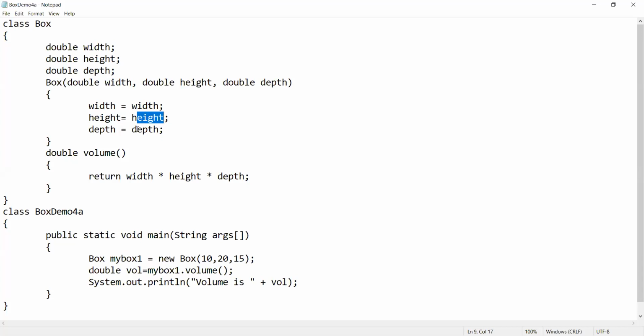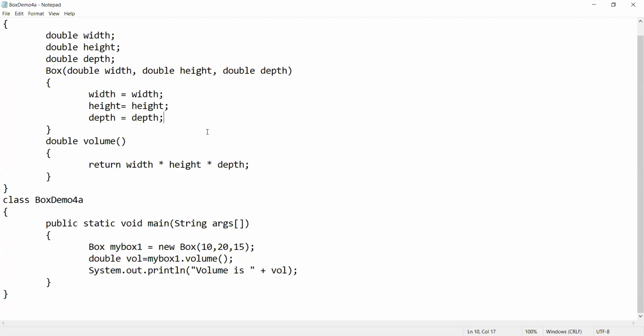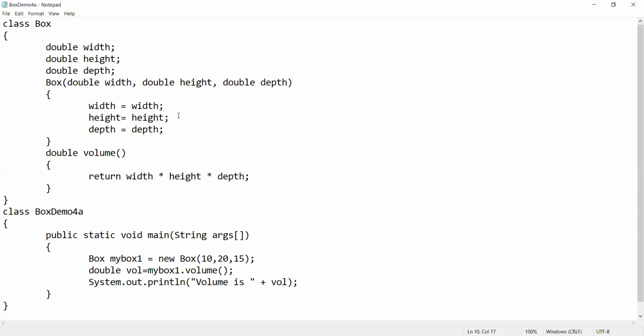So this is the difference between the earlier program and this program. Now I am running this program with arguments 10, 20, and 50. The program name is box demo 4A.